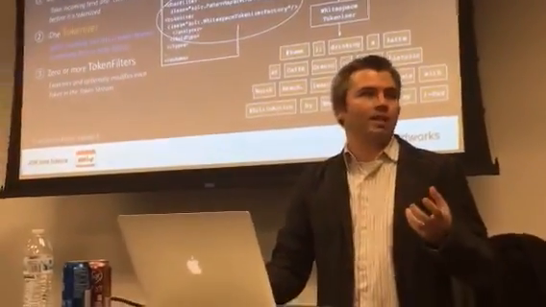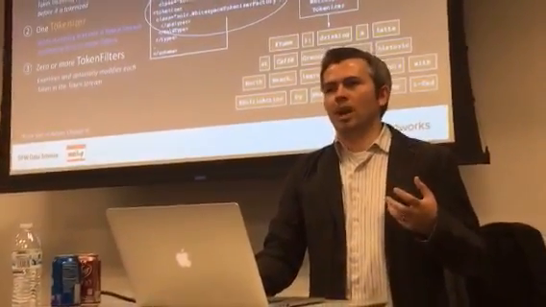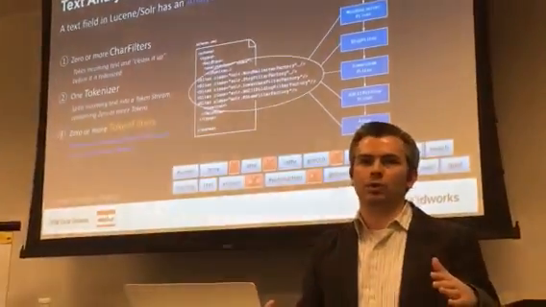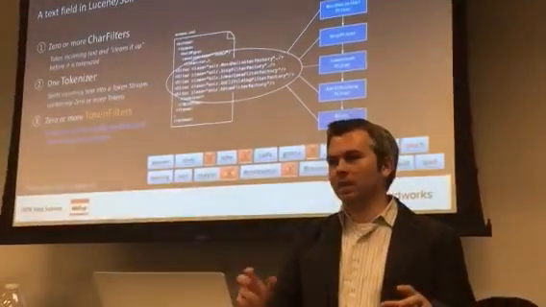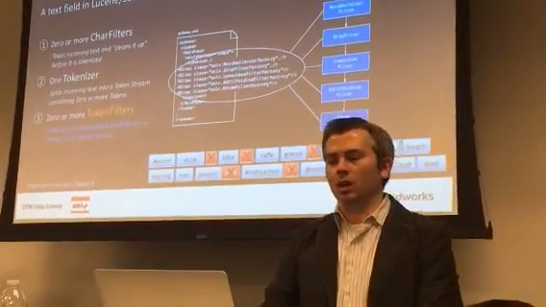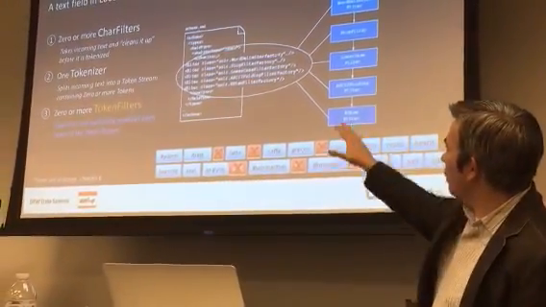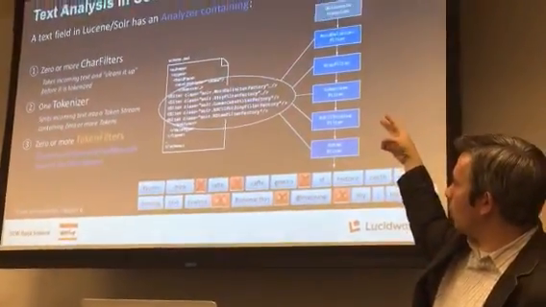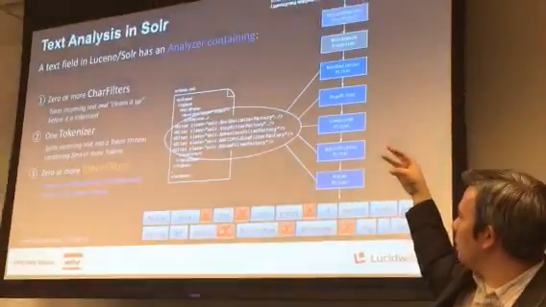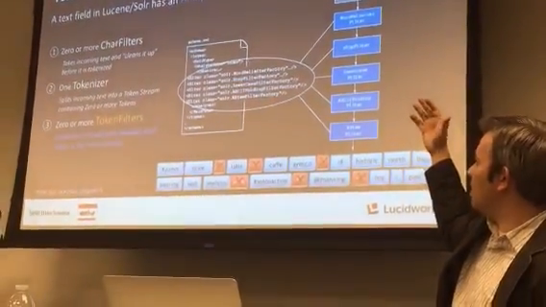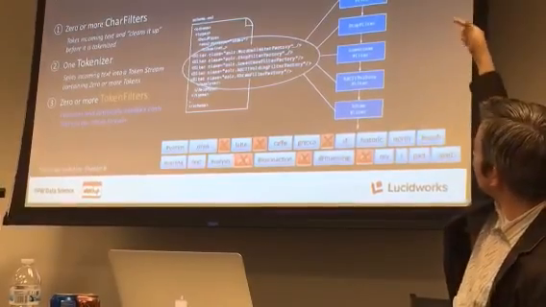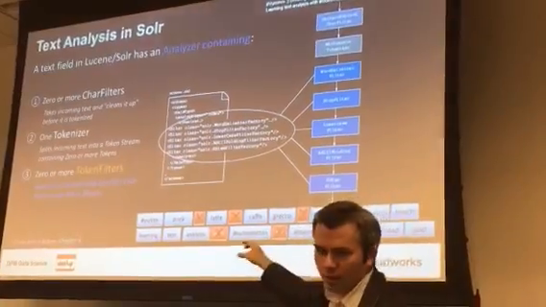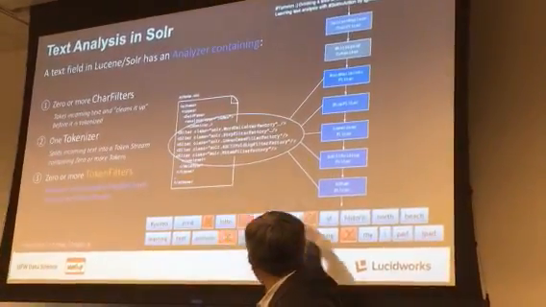Once I've got that list of tokens, however, I might want to do some additional modification of those tokens. And so that's where token filters come in. Token filters allow you to go through a pipeline of filters which can modify, delete, or add tokens, or change the position around. In this case, I've got 5 token filters: a word delimiter filter, a stop word filter, a lowercase filter, a remove accents filter, and a stemmer. And throughout the course of going through each of those pipeline stages, I remove stop words like